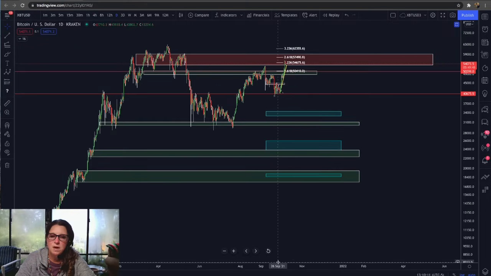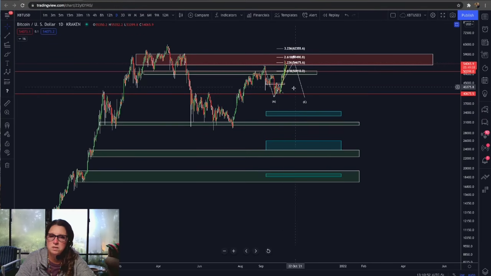The reason I say that, because if we don't go any higher, it can still be argued that this move here is an ABC. And if that is the case, then we have the potential to have a three-wave move to the downside, a three-wave move to the upside that broke the high, which came into the expanded B pocket, and then we can come down for a C. That is still going to be bullish,